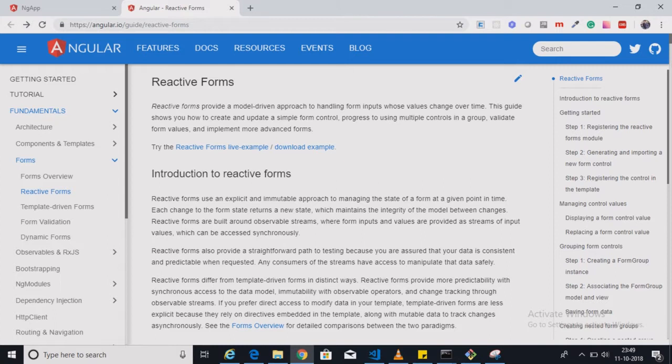In case of validations, for getting values, setting values of form controls. It also provides you event listeners for value change and status change, state change. So you can subscribe to that and you can get the updated value of controls so that you can use it as